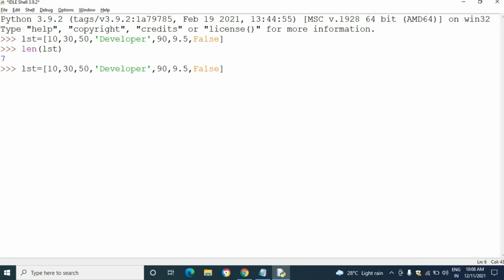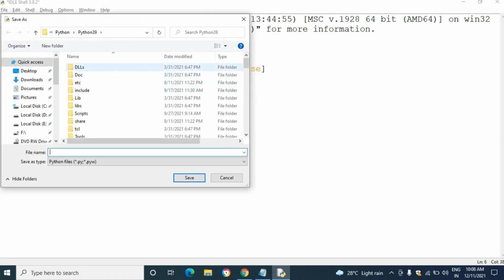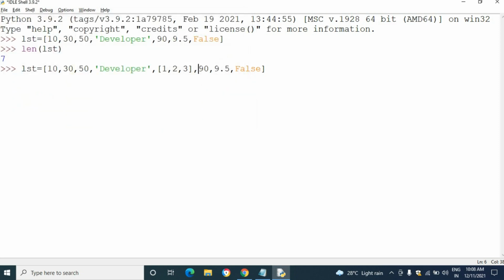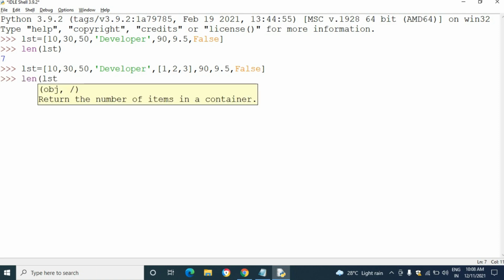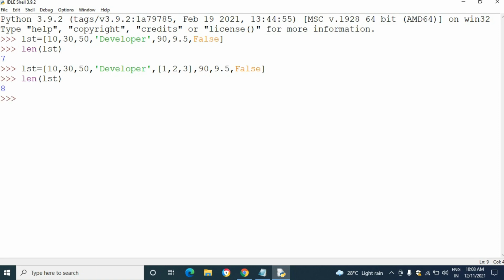One more piece of information. Control C, Control V. I am going to take the nested list. I am going to print the length of the list.